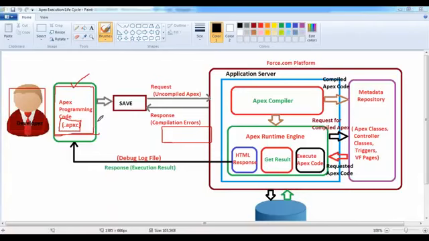Our local system is just a dummy system used to connect to the internet. That's it. We are not installing anything, and we are not saving anything in our local system. Once the code is written, it will be placed inside a file with the extension .apexc. APXC means Apex class. Once the whole code has been prepared, as soon as you click on that save button,